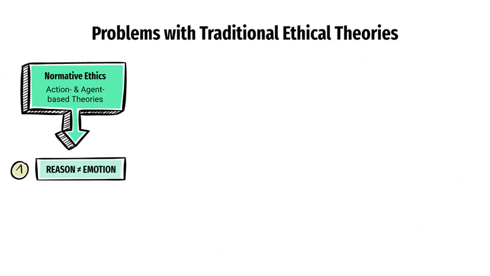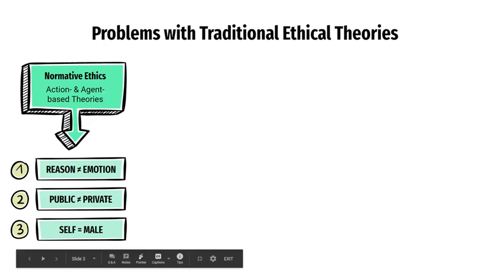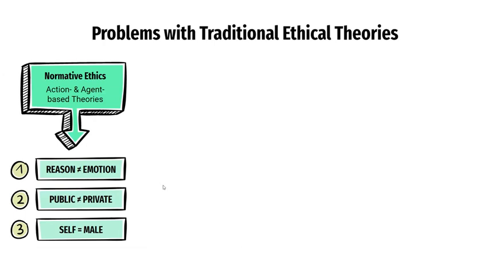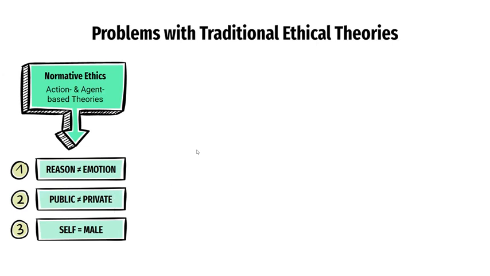as I said, normative ethics, action and agent-based theories, are obsessed with reason. And they also make this very common split between the public and private. Specifically, if we're looking at Aristotle, as well as other Greeks, the public figures are going to be male. The people in charge, the people who are in the Senate, were men, and the private domain is reserved for women. That was a commonly held view throughout Western philosophy. Specifically, there is the attribution of reason to the public, that is the male, and emotion to the private life, or the female. These are built-in, baked-in